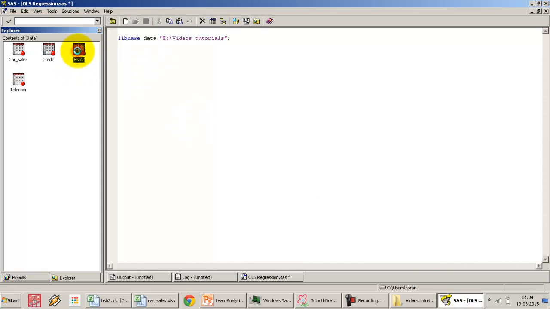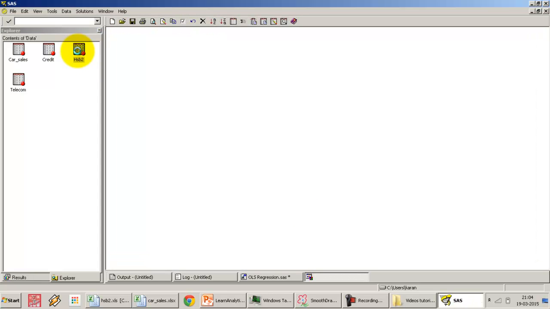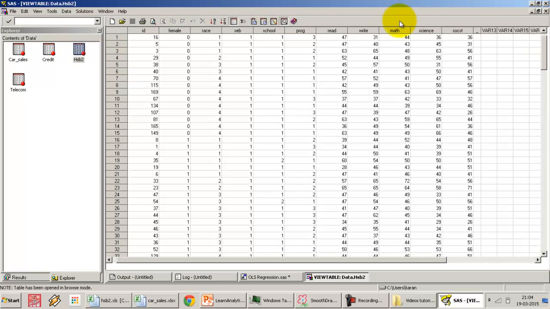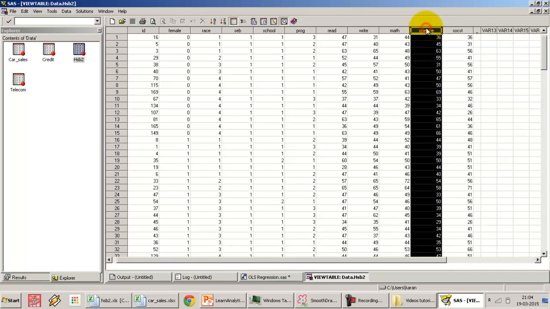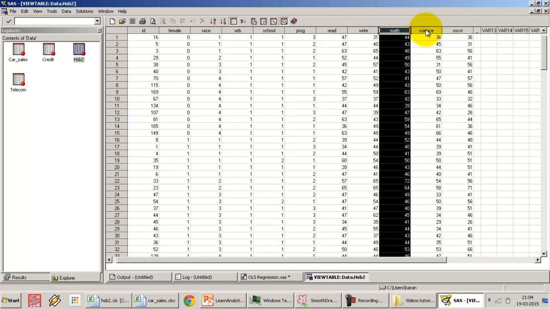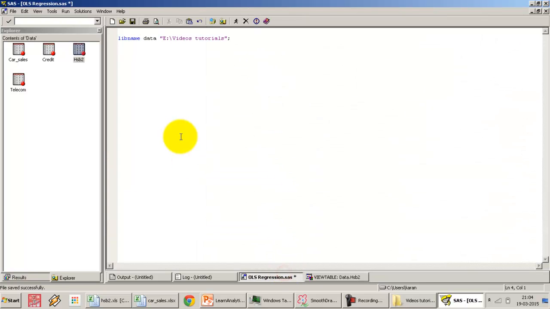The model that I want to build is on the HSB2 dataset. It's going to be a simple model. I want to model, let's say, math as a function of science. So math is going to be the dependent variable, science is going to be the independent variable. So let's build a model. PROC REG data equal to the dataset name, so library.hsb2, model math equal to science, run. And that's all I need to do for now. I'll just put in an ODS HTML statement to get HTML output. I select this and I run this model,